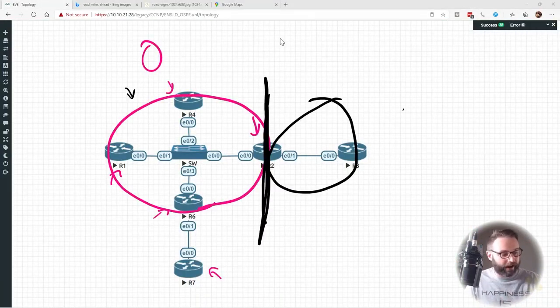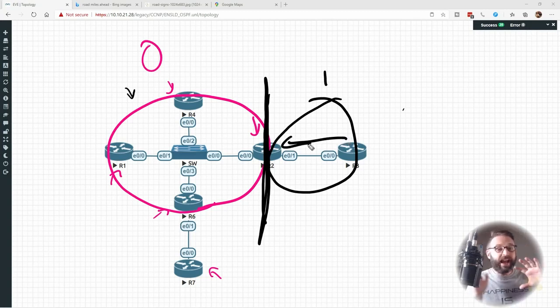But when we break apart areas, let's say we have Area 0 here and Area 1 here, Area 1 doesn't need to know every single detail about Area 0 anymore. It needs to know what routes exist in Area 0, but it doesn't really care about the actual topology or the database itself. It just needs to know, if I want to get to something in Area 0, I just need to punt it to this router here, and that's where it goes from there. This creates a significantly smaller or simpler link state database to manage, and that's why it was called a summary